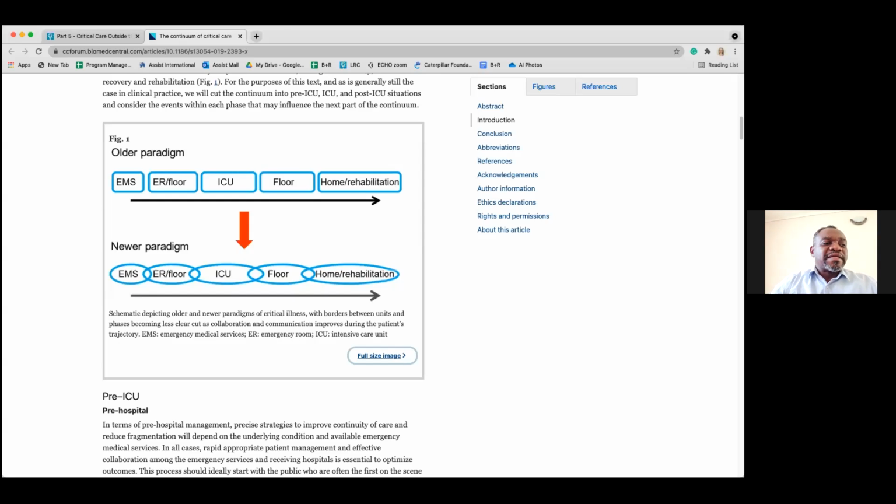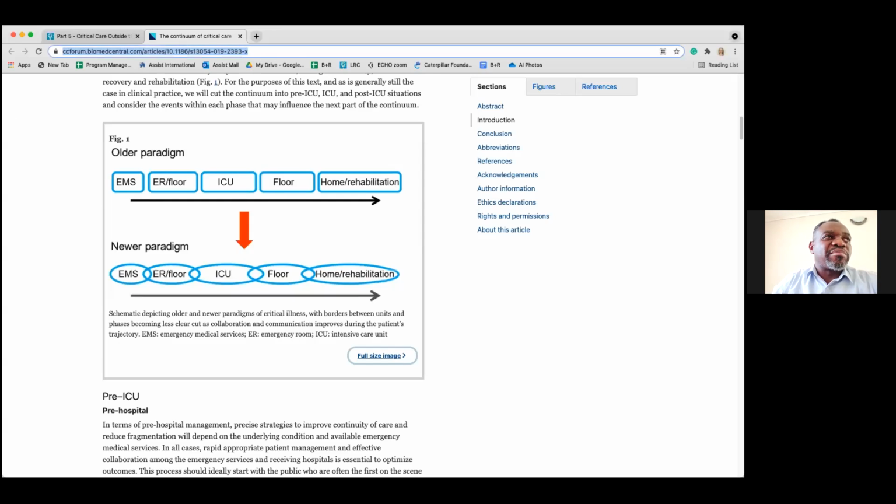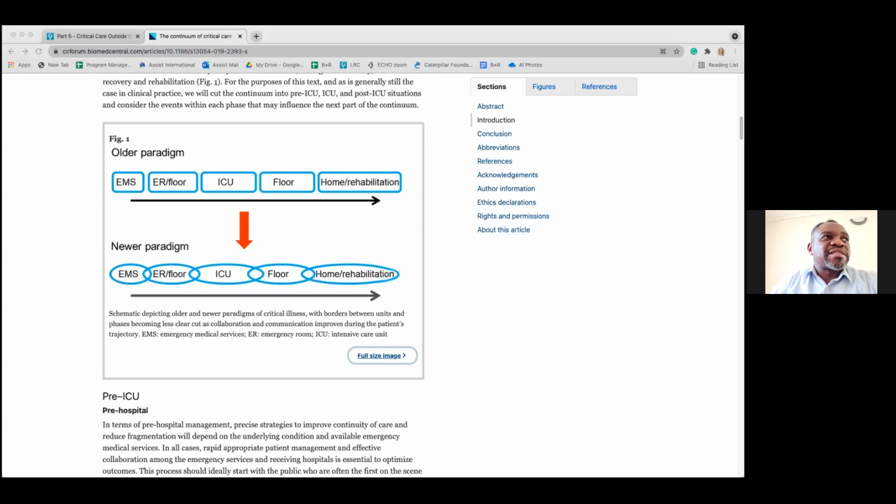So this is all about having a rapid response team or rapid response system. When this is established, you'll find there will be better collaboration and a better established team that is ready to act and intervene whenever the patient is needed. And for those patients already in the hospital, they can reach a stage whereby they need to go to ICU. So when it comes to ICU type of care,